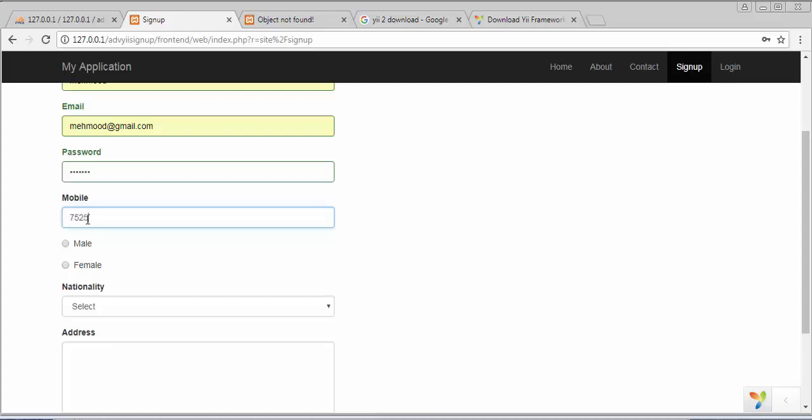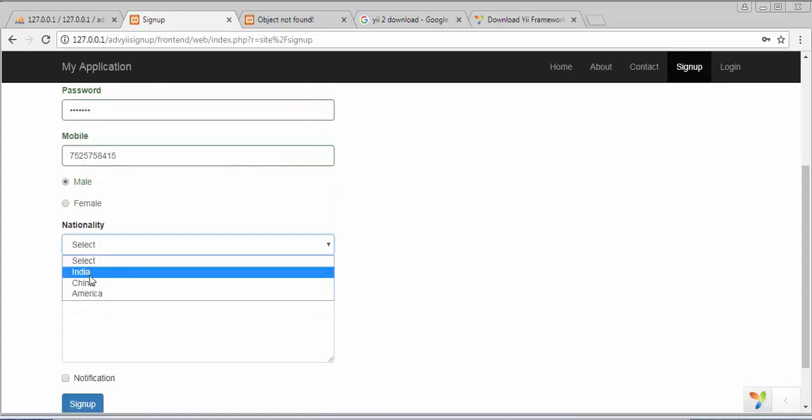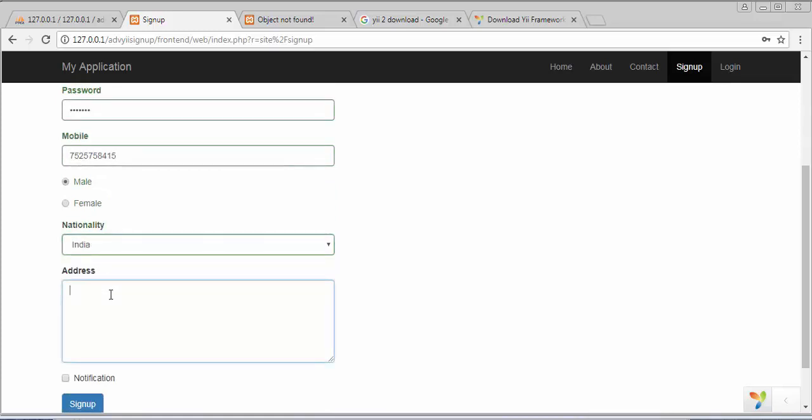It's just a dummy mobile number. Now let's click on gender, male. I will select country as India and then address. And then I will check this checkbox, and now if I click on sign up,